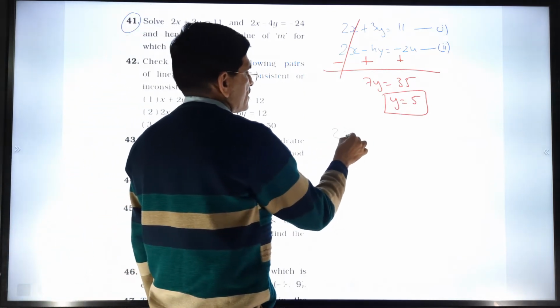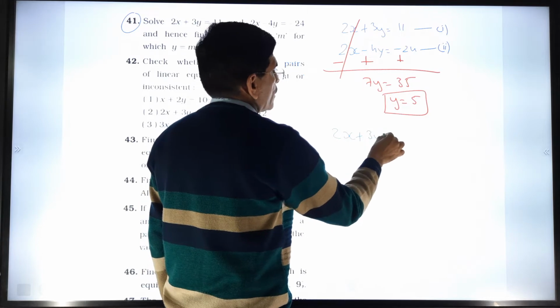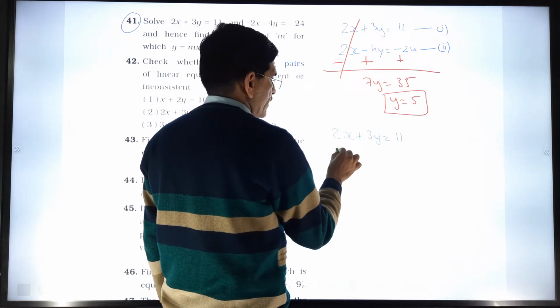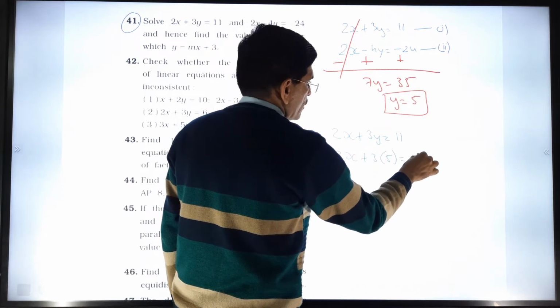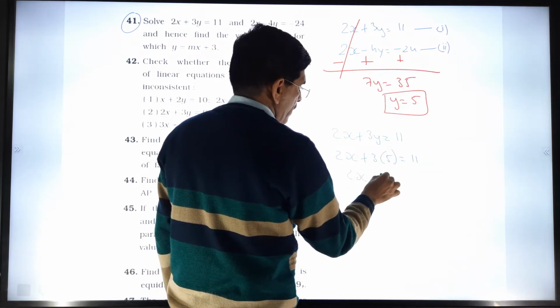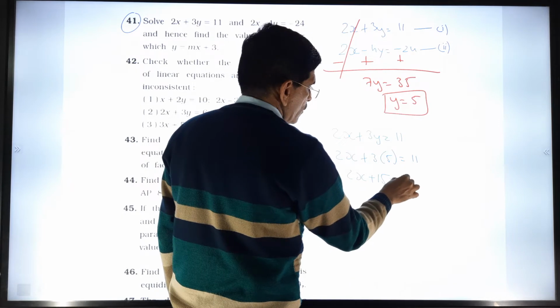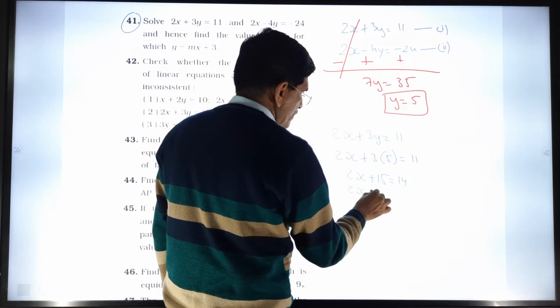Now 2x plus 3y is equal to 11. I have to put the value of y as 5. So 2x plus 3 into 5 is equal to 11. So 2x plus 15 is equal to 11. So 2x is equal to